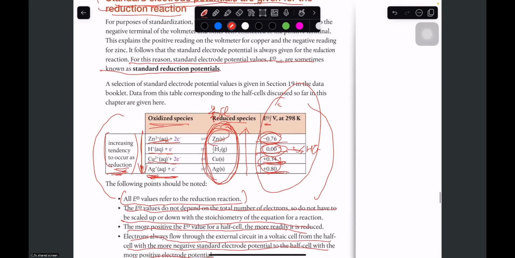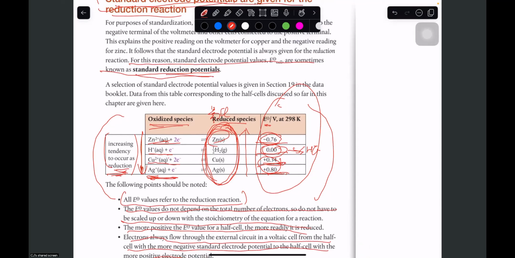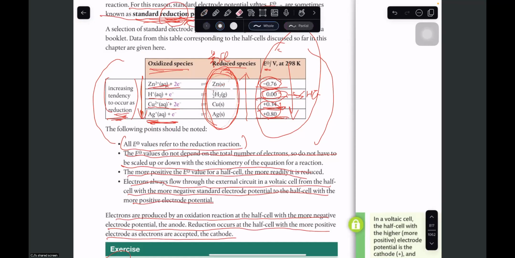We call it the standard reduction potential. Because at this pole, we assume they will get electrons, it will reduce. So we call it standard reduction potential. If it is positive, it is actually reduced. If it is negative, it is actually the oxidation instead of the reduction. Therefore, we get this table value, and we know that